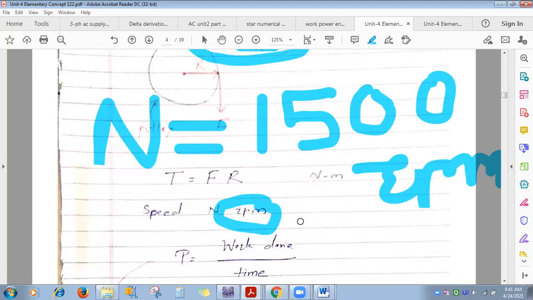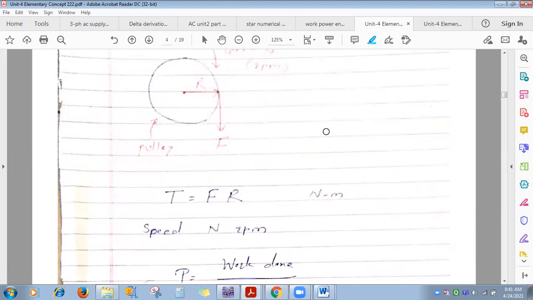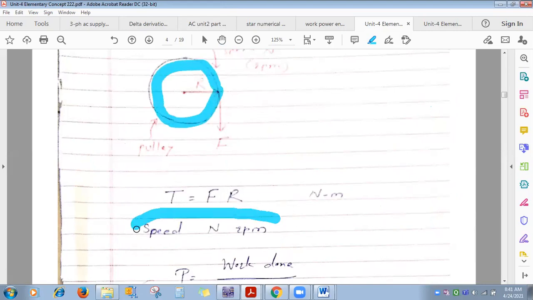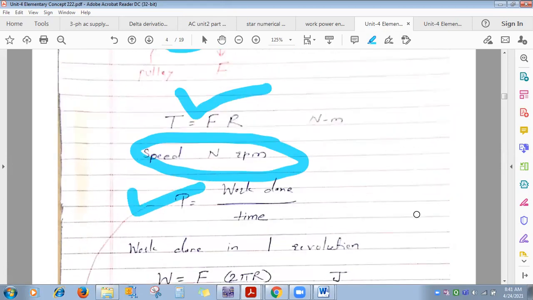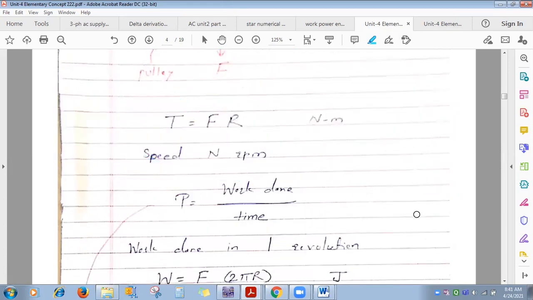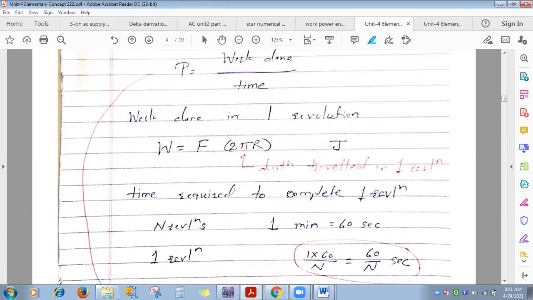One revolution, as all of you know, is from 0 degree up to 360 degree, isn't it? So in one revolution it travels a distance equal to its circumference. What is important here is that suppose this pulley's speed is given as capital N revolutions per minute; the same is for motor and generator. So here torque, we know, is F into R, Newton meter. Power, we know, is the rate of doing work, that is work done per unit time, so time we will consider here.